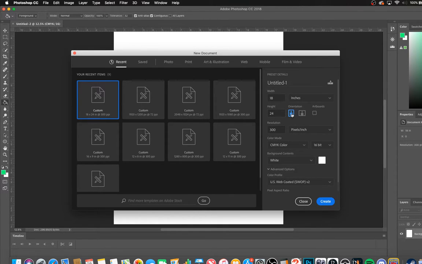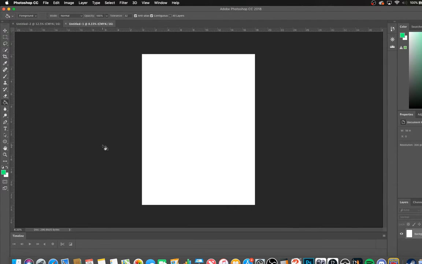Okay, so the orientation is not on the assignment, so we're just going to go ahead and create a file. We'll close that one right there. Okay, so now we have our blank Adobe Photoshop